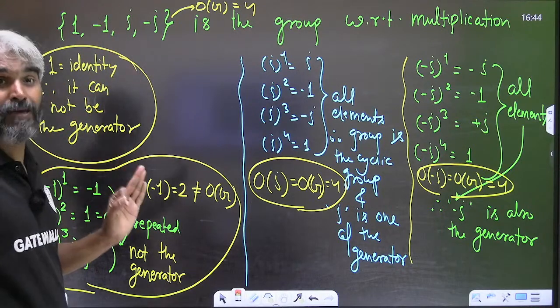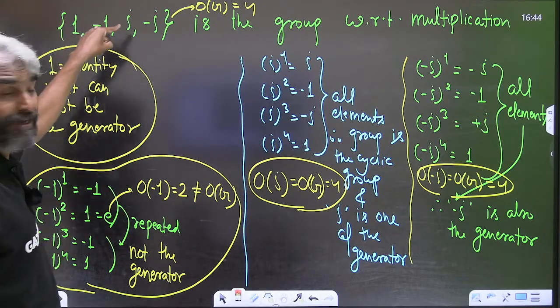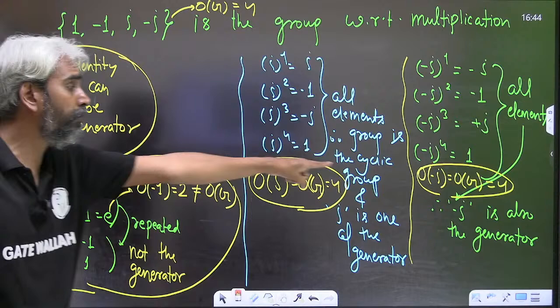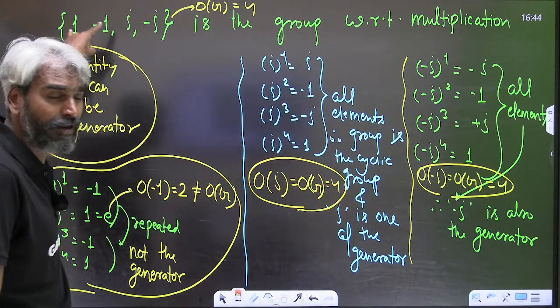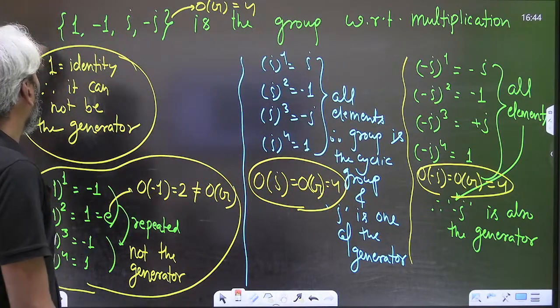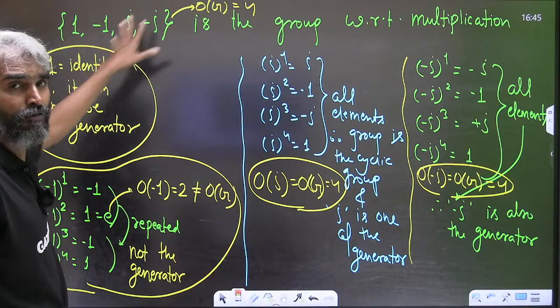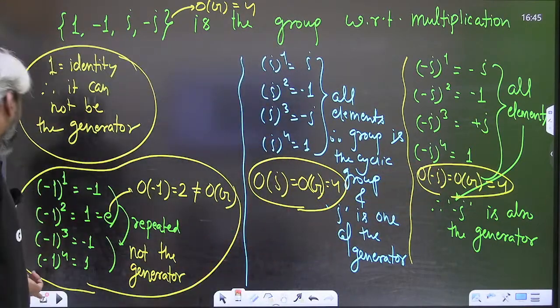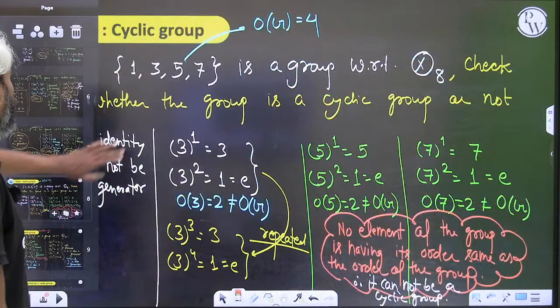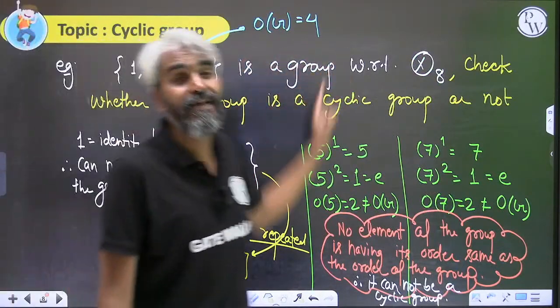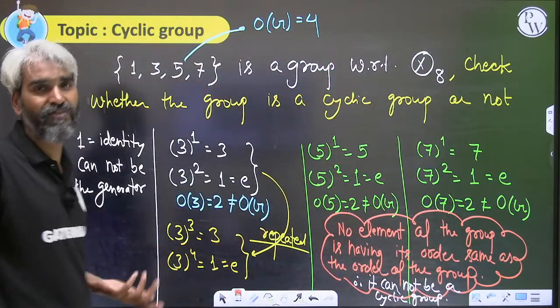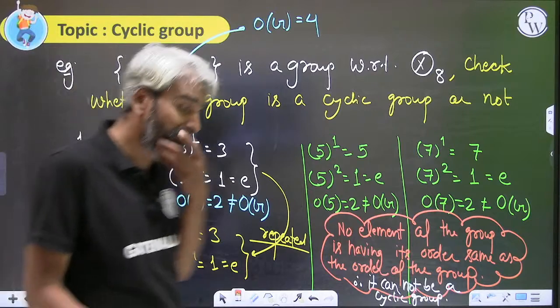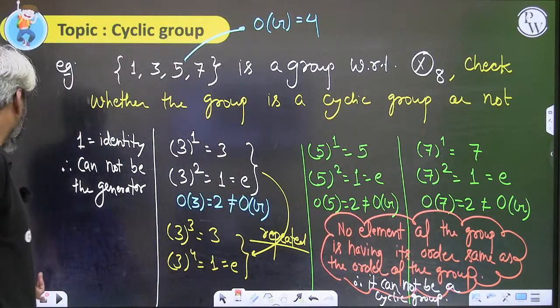But it is important that it has to be a cyclic group. So if the group of order 4 is a cyclic group, then there will be 2 generators. But what if the group of order 4 is not a cyclic group? If it is not a cyclic group, obviously there will be zero generators. Therefore, please